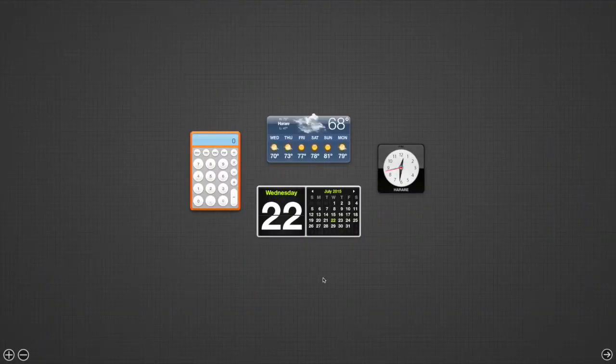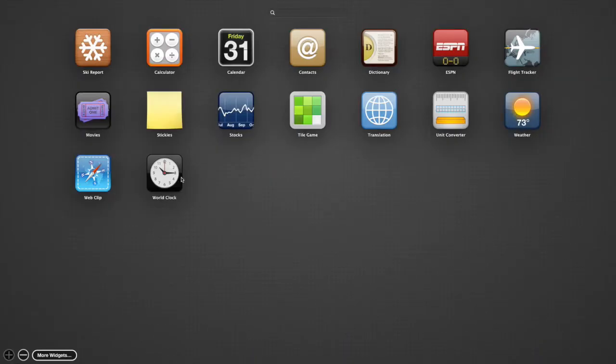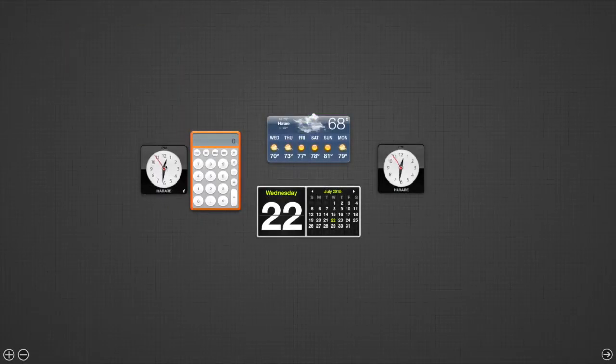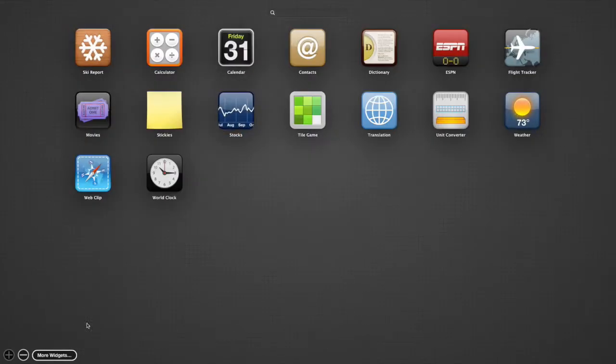This here is your widgets, so if you want to add any, you can just come here, and you can see if you want to add the world clock onto your widget notifications, you can just click on that. You can drag and drop. So yeah, this here,